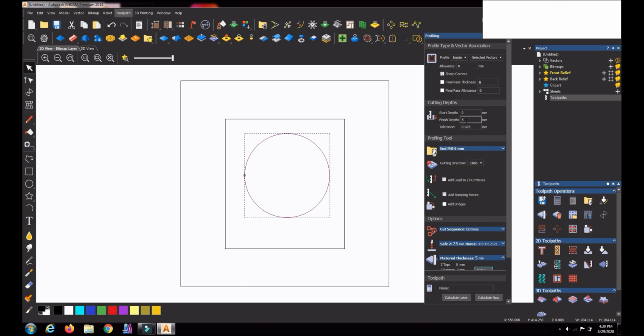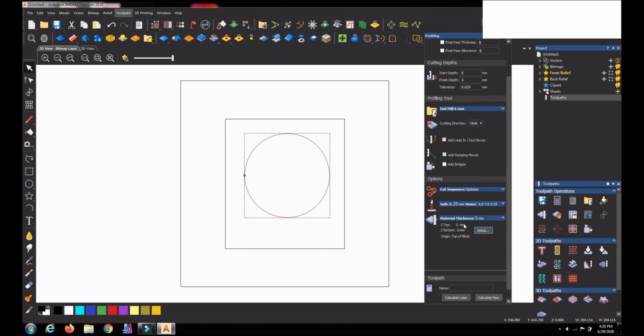Then how much the tool goes down depends on the thickness of the sheet you want to cut, so I have given 5 mm. That means I will be cutting 5 mm going full depth. Then for the tool, you click here and select the tool. I have selected a 6 mm tool.